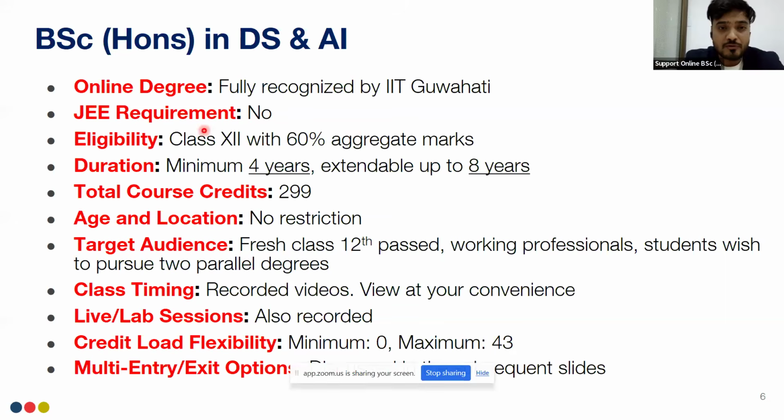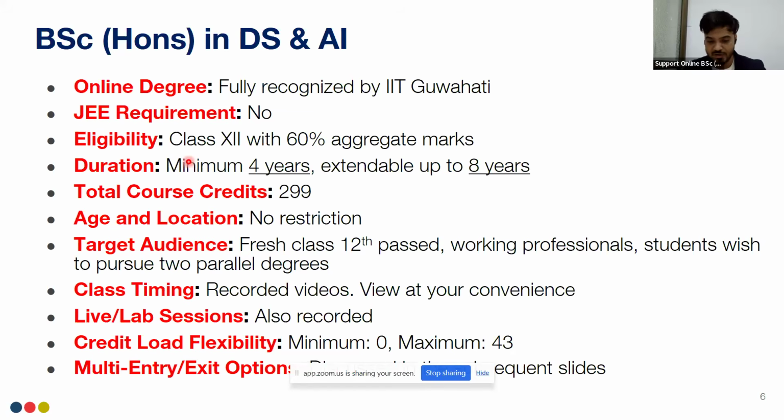There is also no requirement for JEE as far as the eligibility criteria goes. A student who has 60% overall aggregate marks in class 12 is eligible to apply. Currently we have waived off the mathematics criteria, which was previously there ever since we launched this degree program back in 2023.